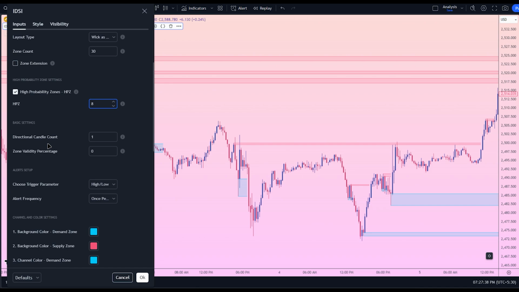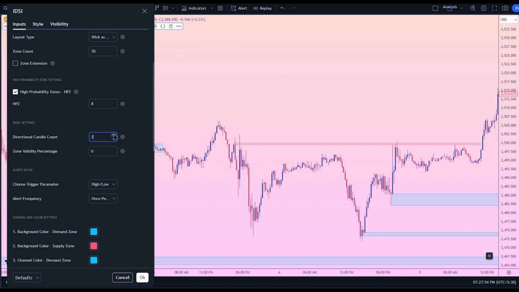First, directional candle count refers to the number of candles moving in the same direction that you want the indicator to consider before classifying an area as a demand or supply zone. For example, if you set this number to 2, the indicator will check for 2 consecutive bullish or bearish candles